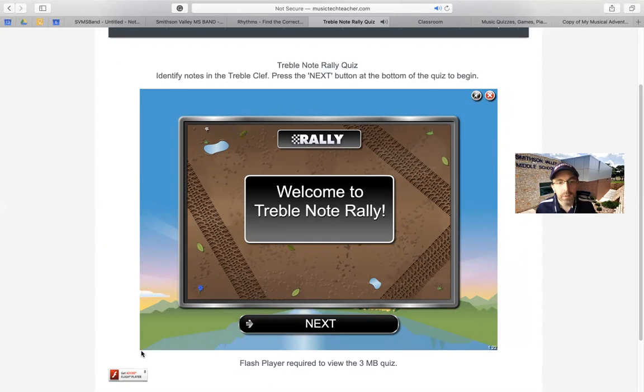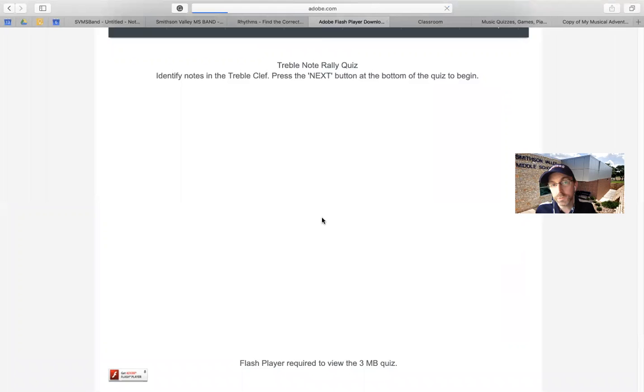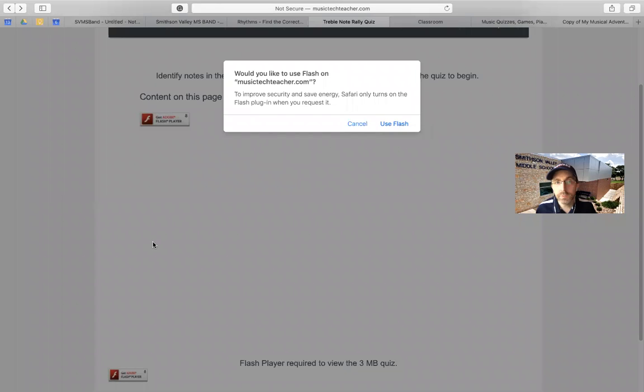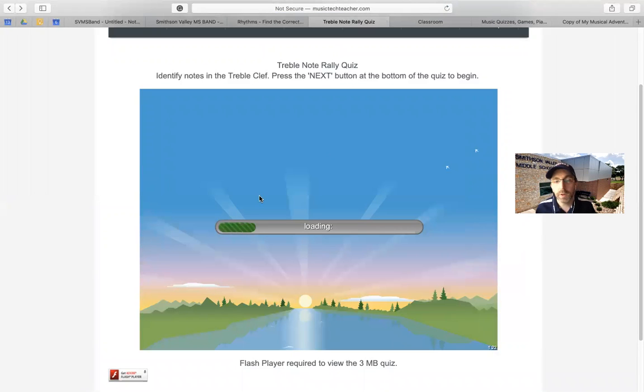Mute that. There's a thing, if this does not open up, there's a button that says Get Adobe Flash Player. You can click on that. With your parents' permission, download the software for Adobe. It'll get to there. All right, I already have it downloaded. Yes, I want to use Flash. See how that works? Okay, so